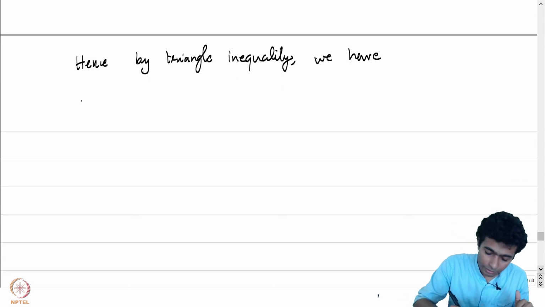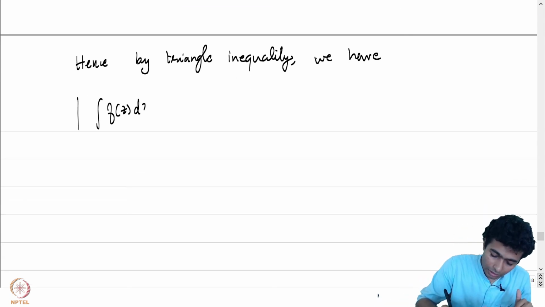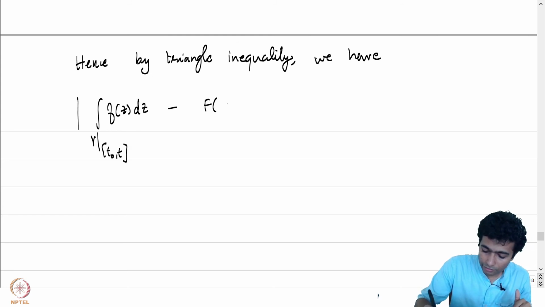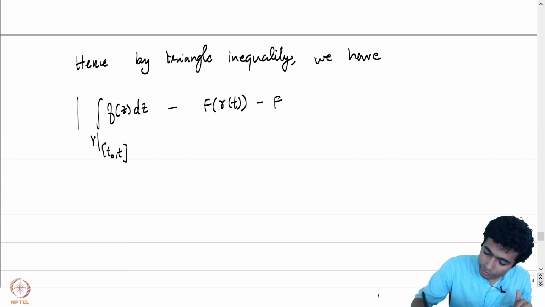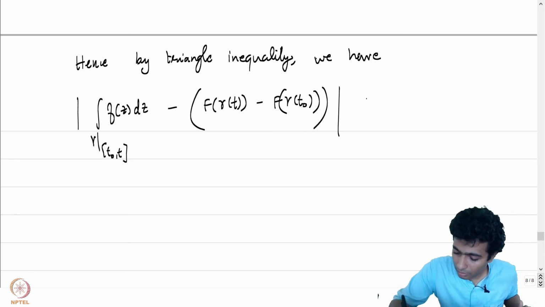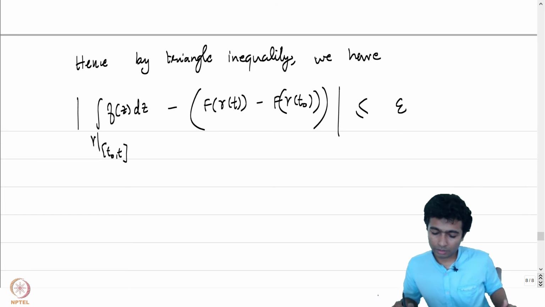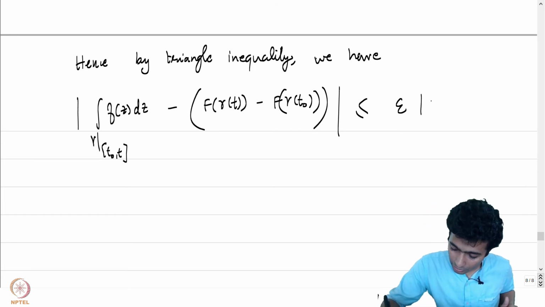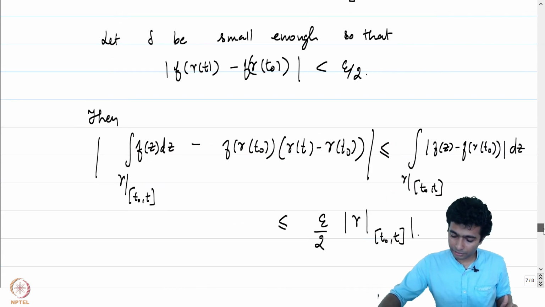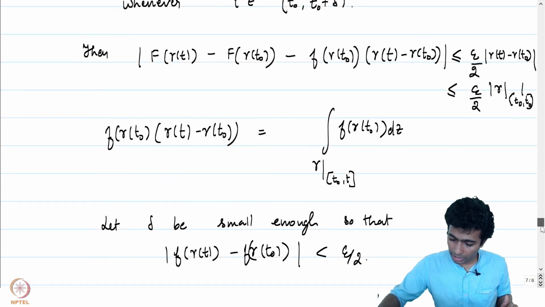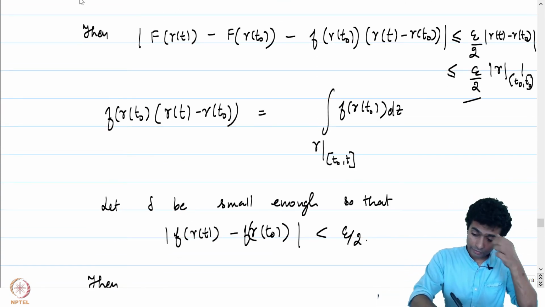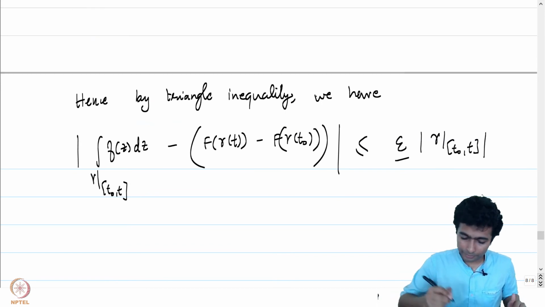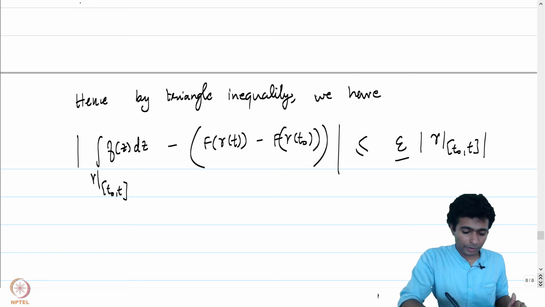by adding and subtracting the terms, the integral of f of z dz over gamma restricted to t naught comma t minus f of gamma of t minus f of gamma of t naught. This term is approximated by epsilon times the arc length of gamma restricted to t naught comma t. Notice that the epsilon by 2 was picked precisely for that. There is this epsilon by 2 and there is this epsilon by 2. Both of them will contribute to the epsilon here. Alright, so we are now in good shape because